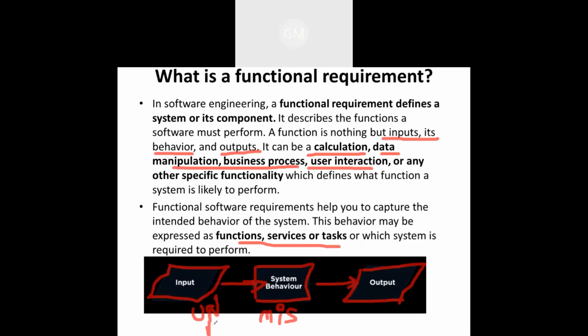Username and password. This is given. If the username and password are correct, the system is going to allow you to enter into the system, and according to which tab you have chosen, the output is displayed on the screen. If your username and password, one of these two things is wrong, or you may not put the correct captcha, because of that the system tells you your username and password is not correct. That is nothing but the system behavior, and it is going to produce the output according to that.